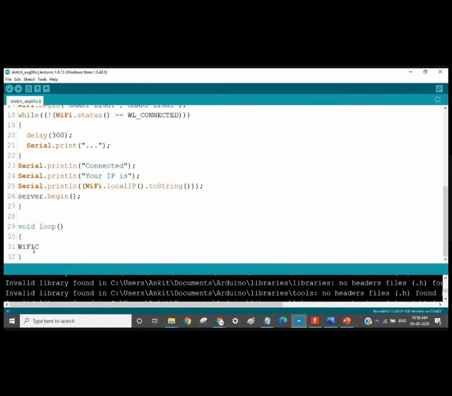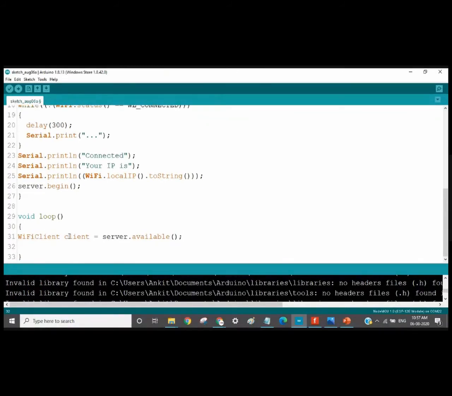Wi-Fi client, client is equal to server dot available.